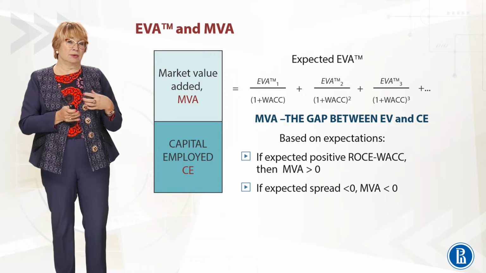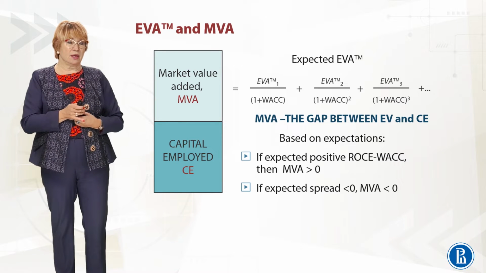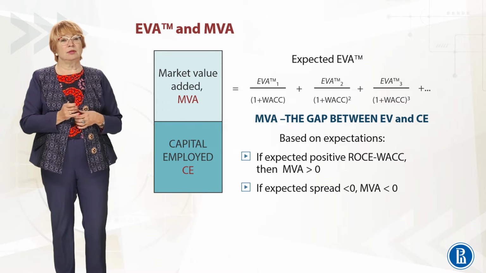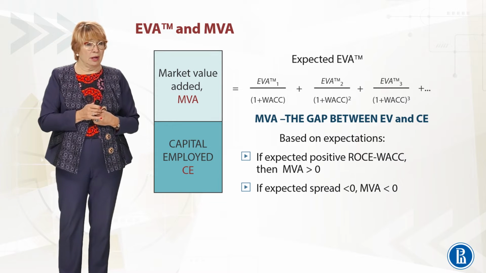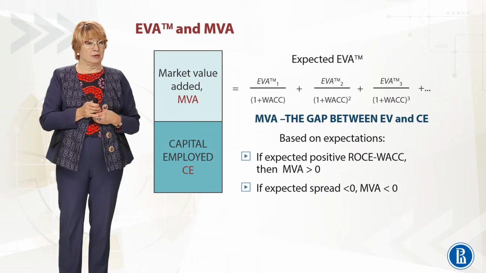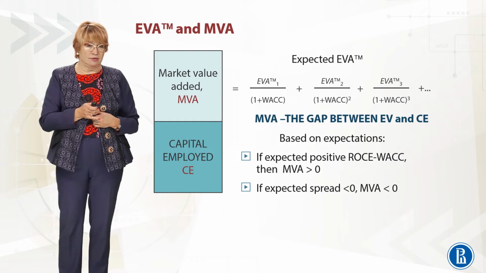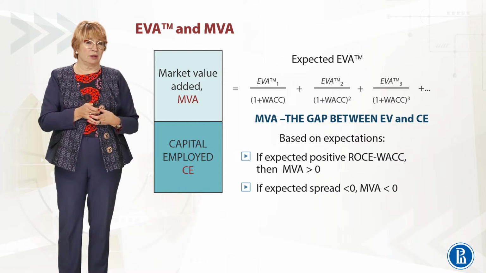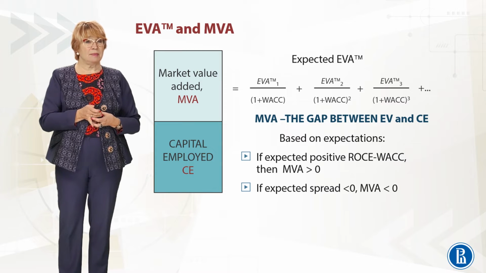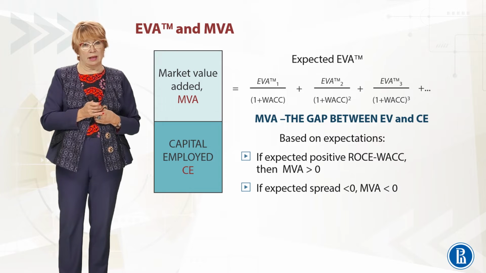As we already mentioned in our previous classes, the overall value of the company can be represented by first the capital employed component at point zero when we are analyzing the company, plus the market value added, which is just the difference between the overall market value, or enterprise value, or EV, and capital employed. So if from the enterprise value we subtract capital employed, we will arrive at MVA, market value added.